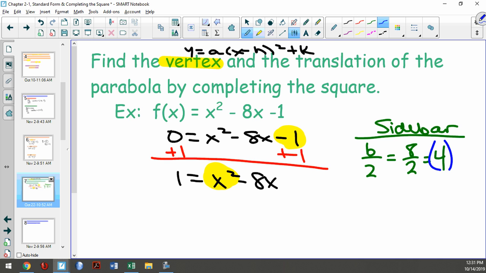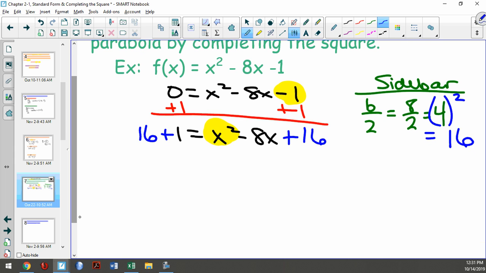So if I square this, that gives me 16. And what am I going to do with that value? Add it to both sides. So I'm going to take 16 and add it to both sides. If I drop 16 units on one side of the scale, to balance the scale, I have to drop 16 units on the other side. Do we all understand that? Yes? Okay, next. 16 plus 1 gives me